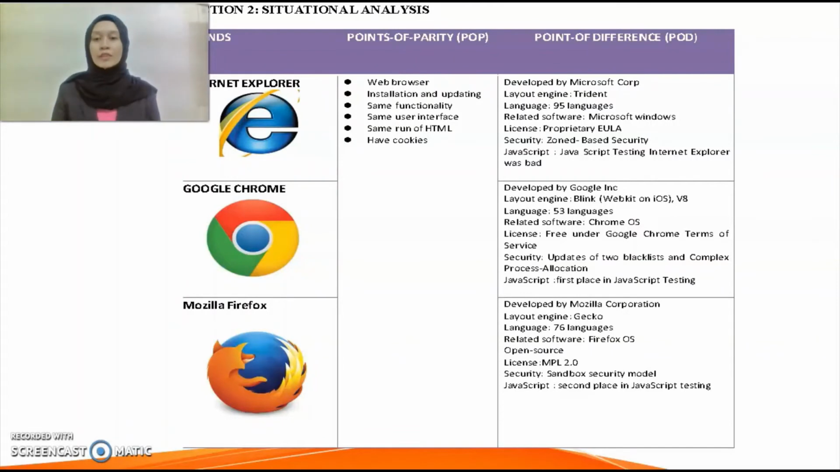The next point of difference is the JavaScript test. For Internet Explorer, according to a Lifehacker article, Internet Explorer's result is 600 runs per second. Therefore, Internet Explorer's JavaScript has many troubles and lowers computer performance, with slower speed than Google Chrome and Mozilla Firefox. Next, for Google Chrome, it ranked first place in JavaScript testing according to the Lifehacker article, which is